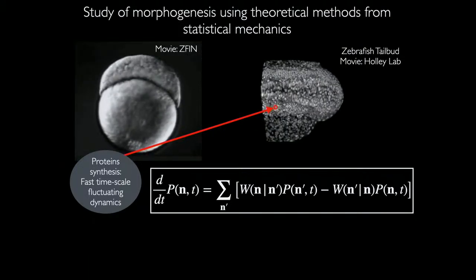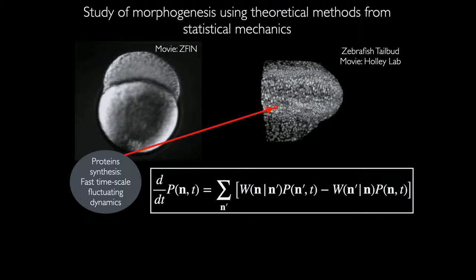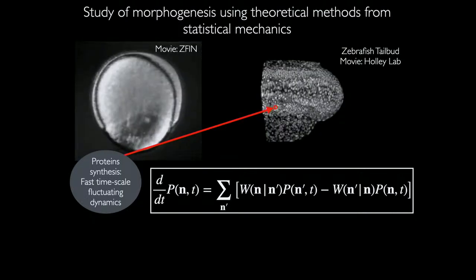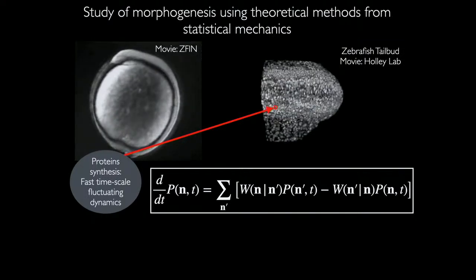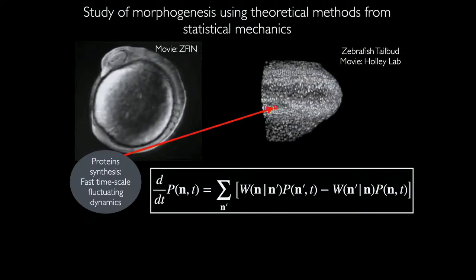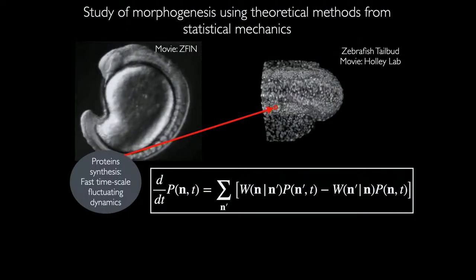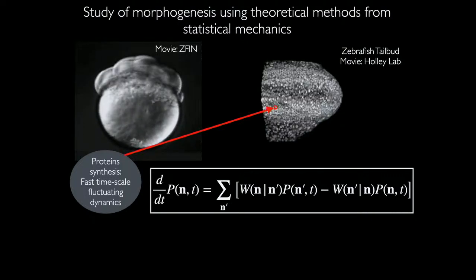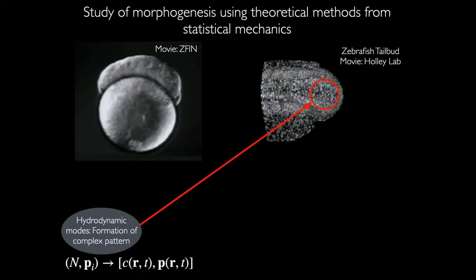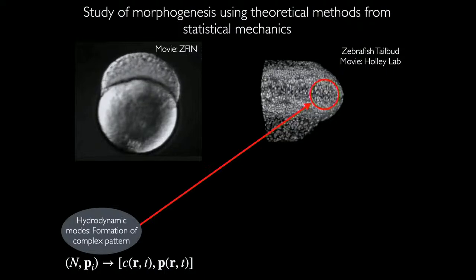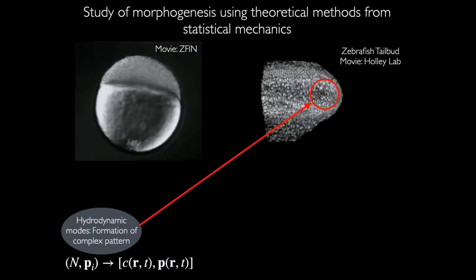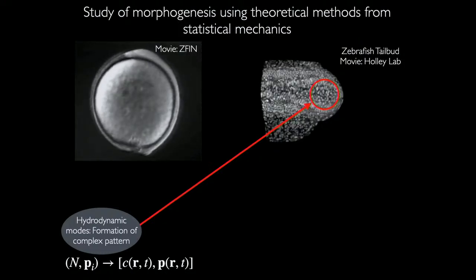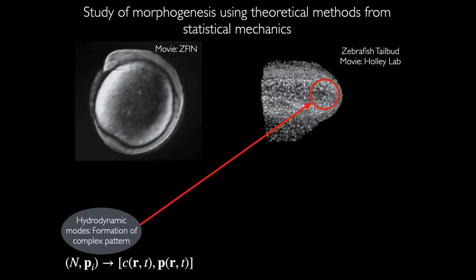However, if I am not interested in how the proteins are interacting, but really in the slow scale dynamics of how this shape emerges, which takes place over a span of roughly 24 hours, whereas the proteins interact at a very fast time scale, then what you can do is take a big box and say, I will not worry about what is happening inside each cell. I will worry about how each cell is interacting